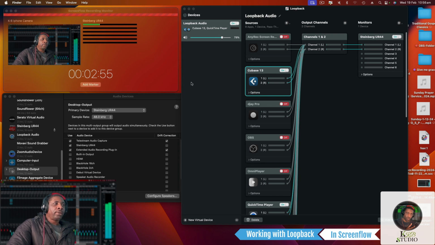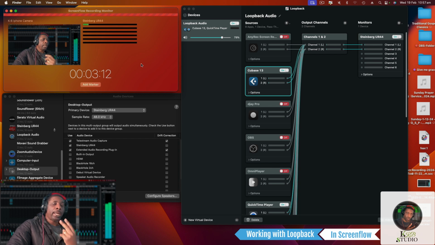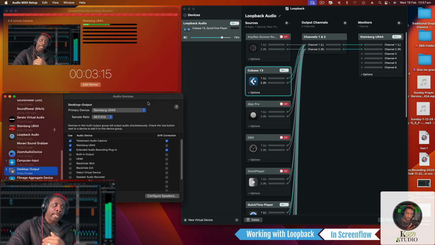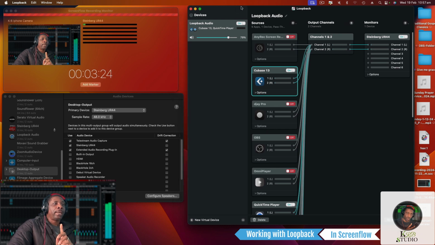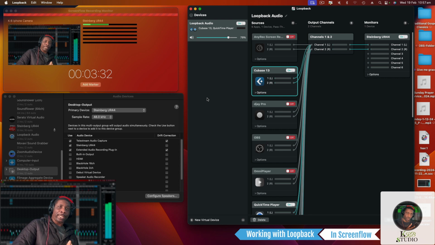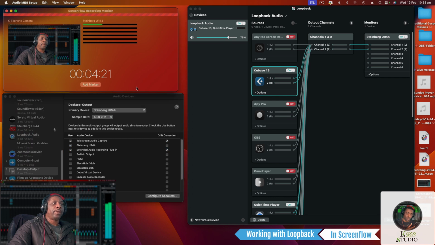So I'm using just two, or I would say 3 plugins or 3 softwares to do this setup. One is my ScreenFlow. Number 2, from the audio side, is my MIDI setup. Number 3, and a very important one, is my Loopback audio. Now all of these have to work in conjunction with each other in order for things to work correctly. If you have just these 2 softwares or just these 2 plugins to work with, which is the MIDI setup and ScreenFlow,